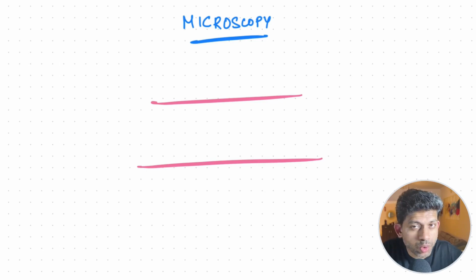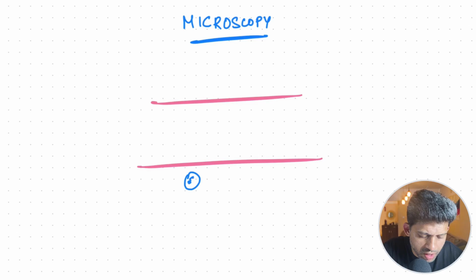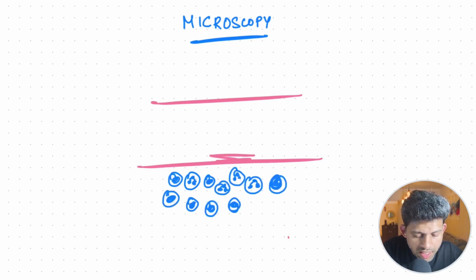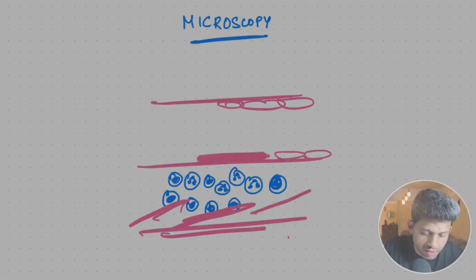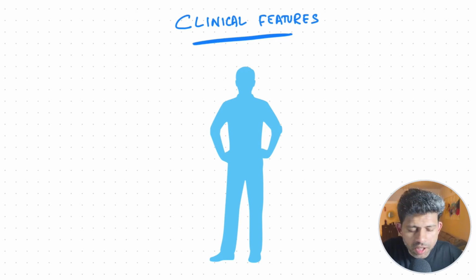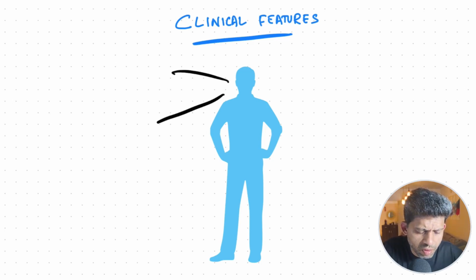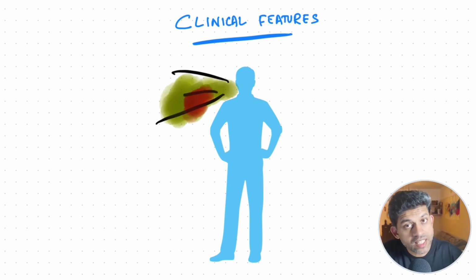When we zoom into the tissue under the microscope, we see acute and chronic inflammation, along with ulceration of the mucosa, squamous metaplasia, and fibrosis. This brings us to the clinical features. Patients have chronic productive cough, foul-smelling sputum due to infections, hemoptysis due to vessel erosion. Later on, breathlessness and cyanosis can also come.